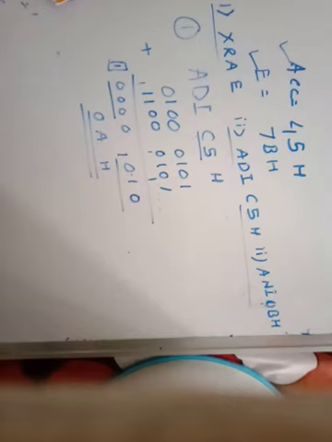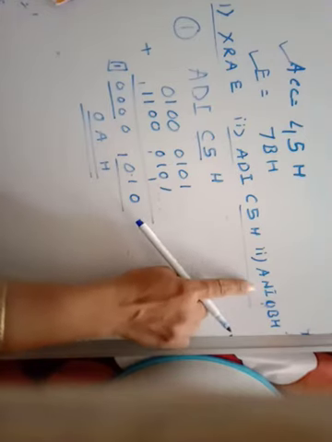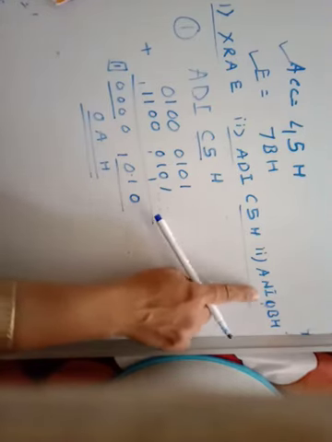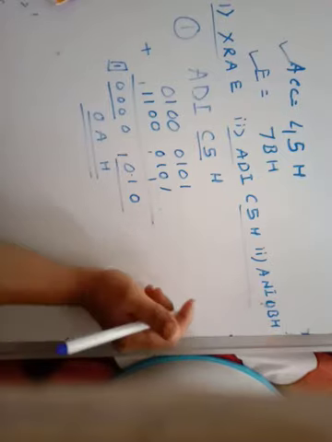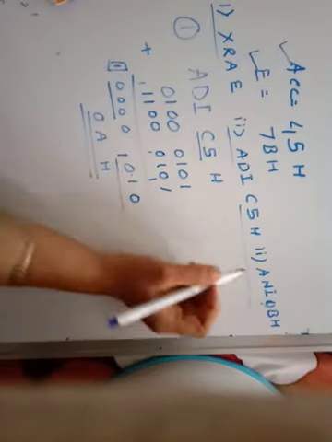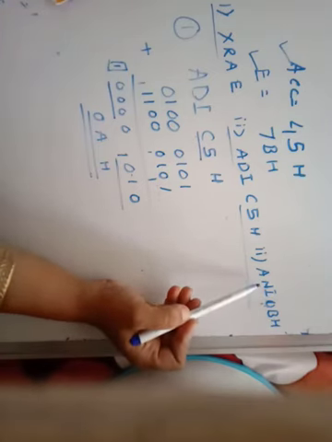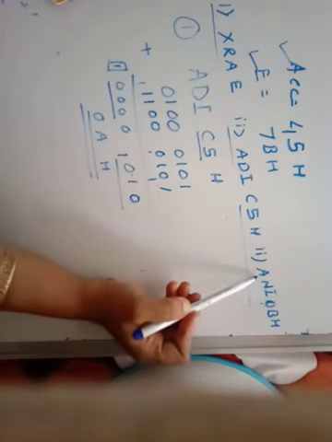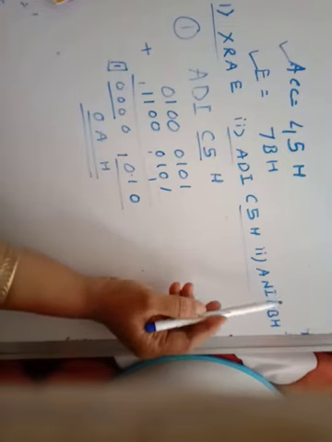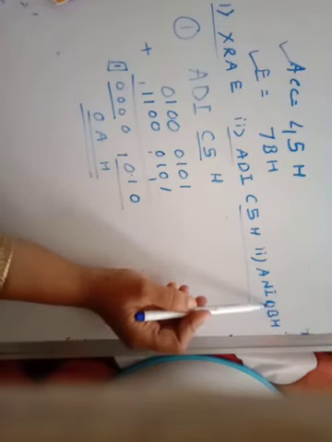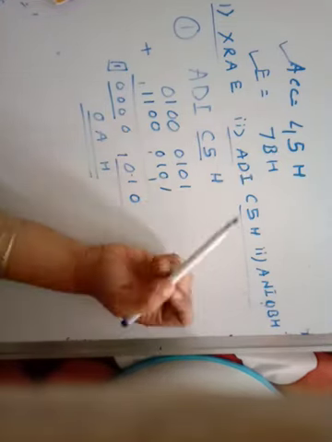Okay, so again the last instruction is ANI 0BH. Now, same as before, we have to perform it. First of all, you should know the meaning of ANI. What is the meaning of ANI? It is a logical instruction, logical ANDing of the immediate data with the content of the accumulator.